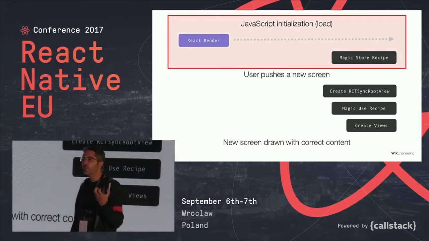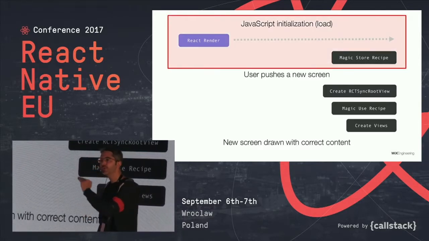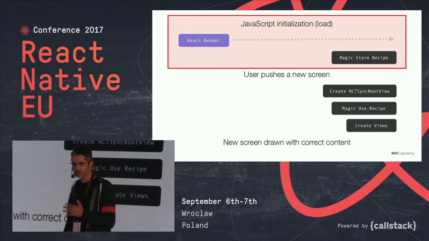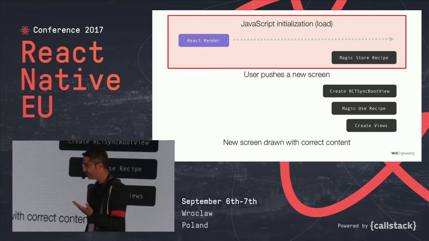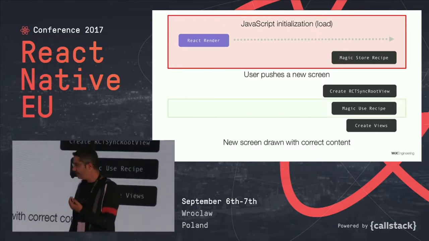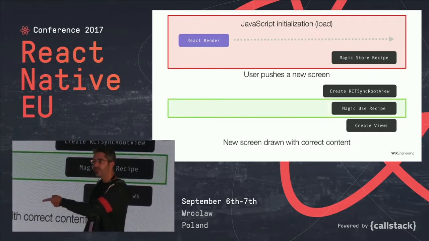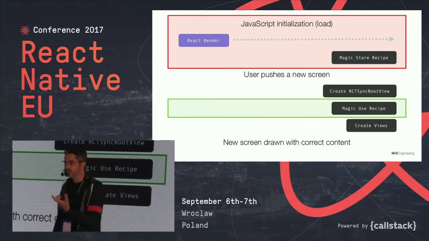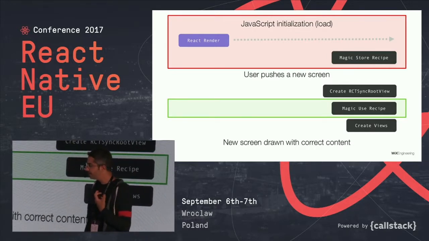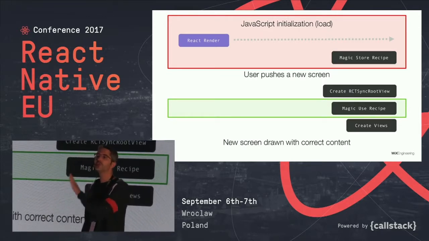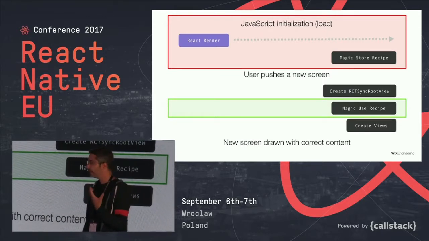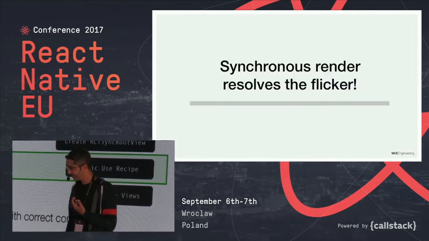So where is the slow part? Where is the part with the overhead? We kind of pushed it to the beginning when the app initializes, which is no big deal. It's an extra millisecond when the app starts, so it's a non-issue in my eyes. And what is the part that we optimized or changed? This part, the part that uses the recipe, it stays on the native side. It doesn't go over the bridge anymore. And this is, I think, the exciting thing about this approach.